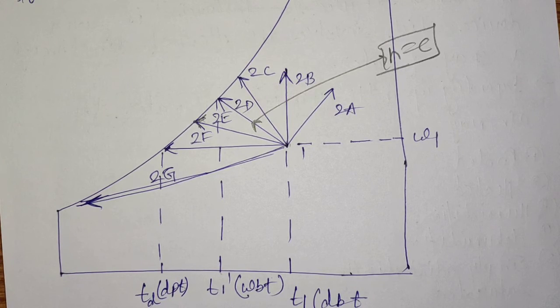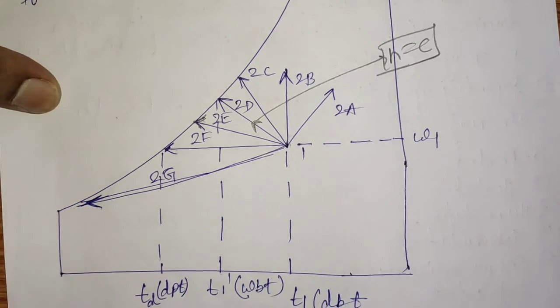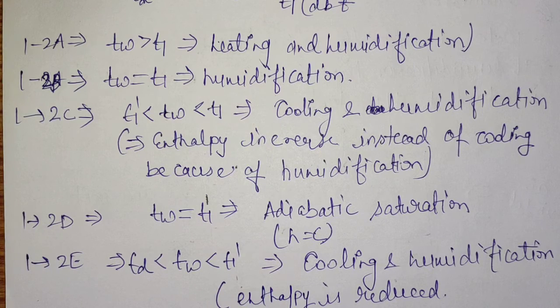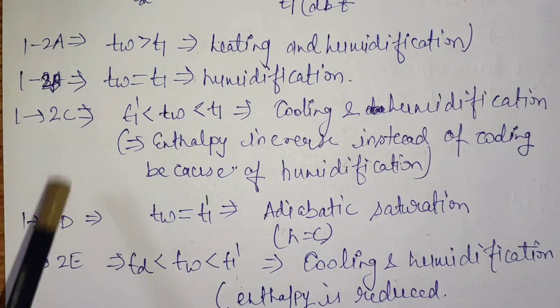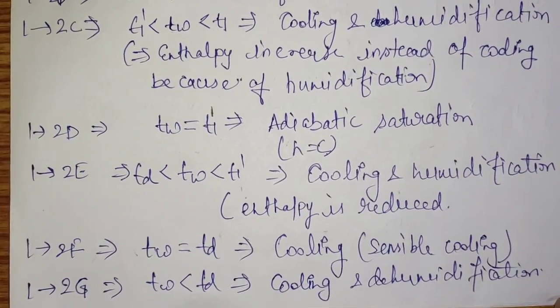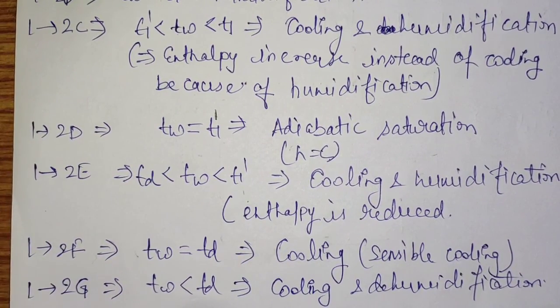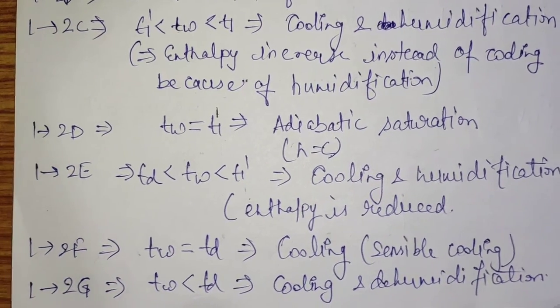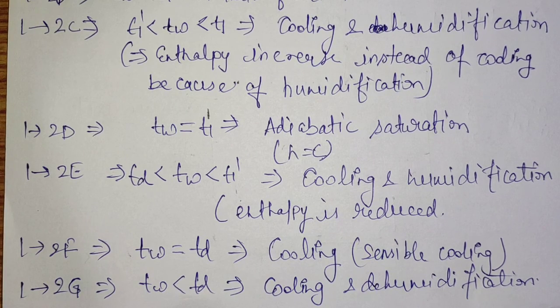So depending upon the temperature of the water and the temperature of the moist air, by changing the temperature of the water of the spray through which the moist air is flowing, the process can be changed. These are all the processes: 1 to 2A, 1 to 2B, 2C, 2D and 2E, and the remaining two processes are 2F and 2G, written over here. Therefore, we can say that mostly all kinds of processes can take place through air washers. Hence, the air washers can be used for year-round